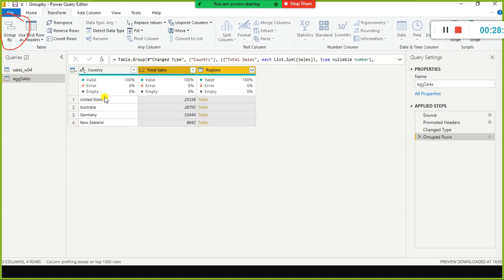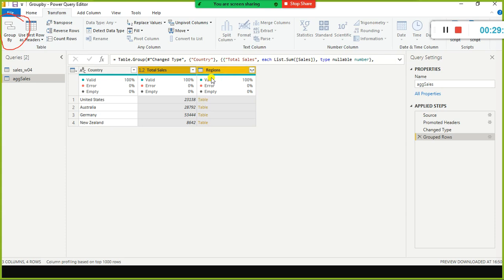Look here, country wise total sales, we could see that. When we did the aggregation on this country column, we could see the sales values got summarized. Though we have multiple records for United States and other countries, it got summarized. Perfect. It did the perfect job. But along with this, I did the row operation for the group by, and for that I have given the name regions.